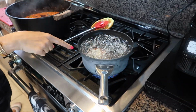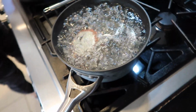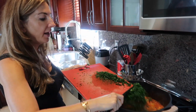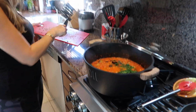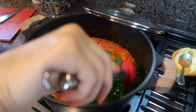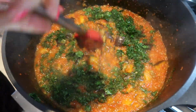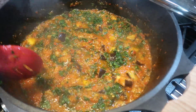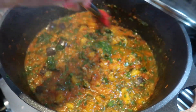My caps are boiling. Let them boil for a minute or 2. And now the final step, I add my chopped parsley and dill. And that's it. We'll let it cook for another minute. And our delicious eggplant, I don't even know, it's not sauce. This is not sauce. It's spicy and sweet and